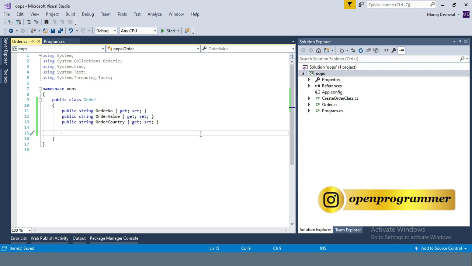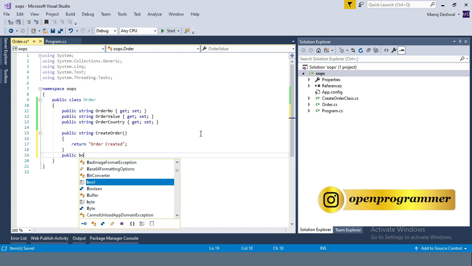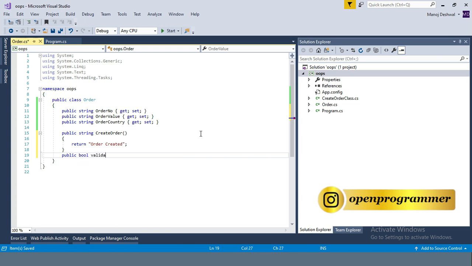Let me also create some functions here. First one is public string create order, and it will return some random string like order created. Let me also create another function public bool validate order value and return true.